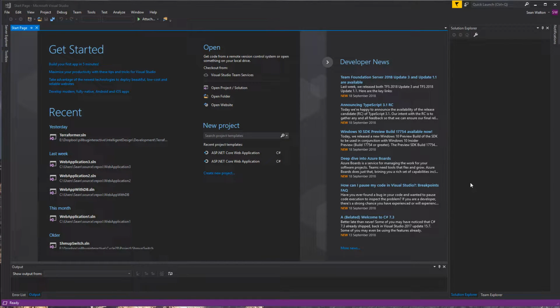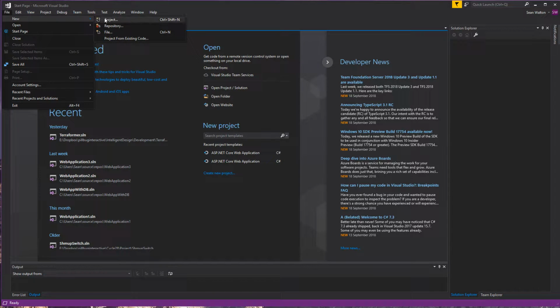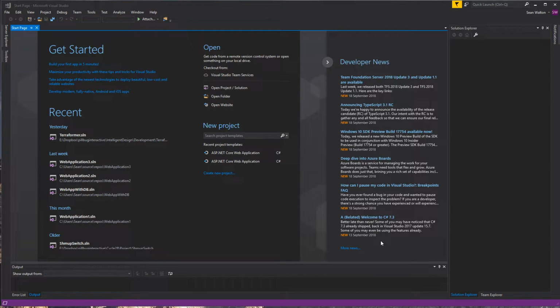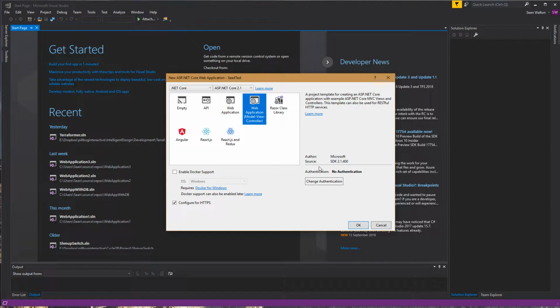So what I thought I'd do is record a video showing you how to do it. I've not started anything yet, so I'm going to create a new project. So new project, and it's going to be a .NET Core web application. I'm going to call it seed test. Click OK. And then I'm targeting .NET Core 2.1, and I'm going to change